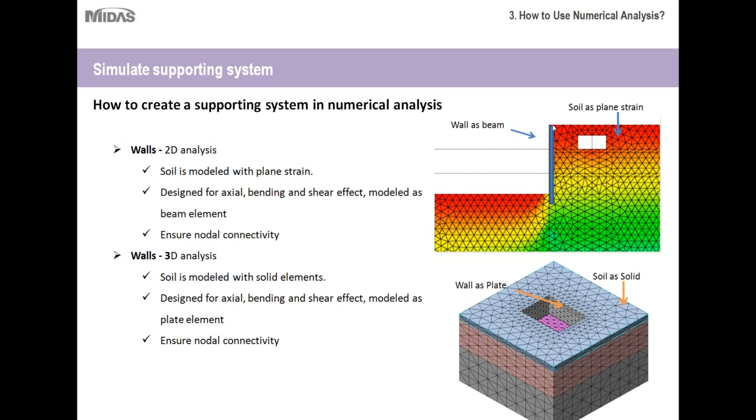If you look to the right here, this piece here is a 1D element. The reason it's sort of wider is just because a certain structural property has been assigned to it. Another thing you need to remember is to ensure nodal connectivity. Along the length of this structure, there'll be nodes, and you have to make sure that each of these nodes lines up with the mesh that it's pressing up against. So the nodes need to link together with the soil in order to get your proper deformations and